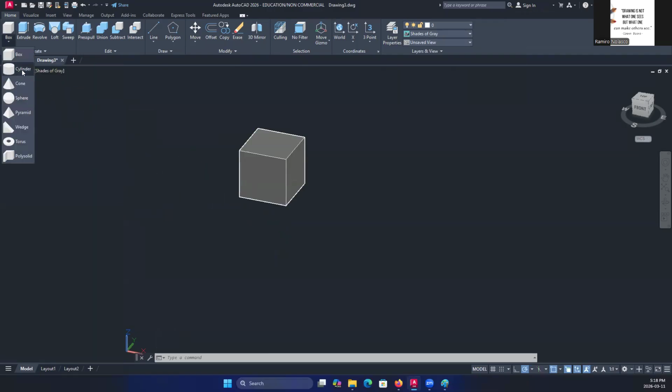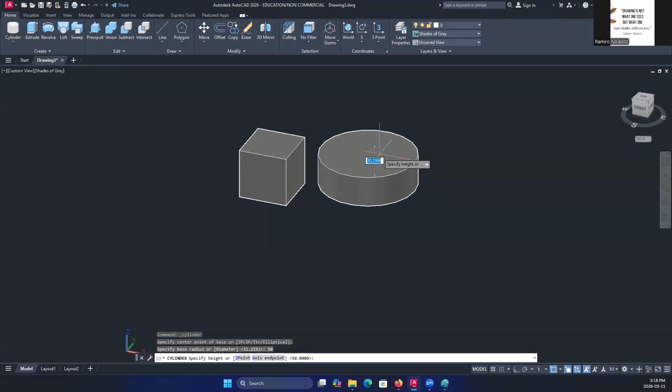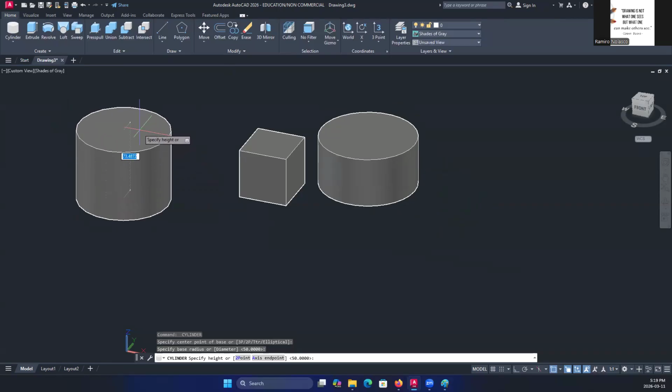So you have a box, a cylinder, let's say also 50 in radius and maybe also 50 in height. You can specify the height, or you can just click and drag to specify the height.